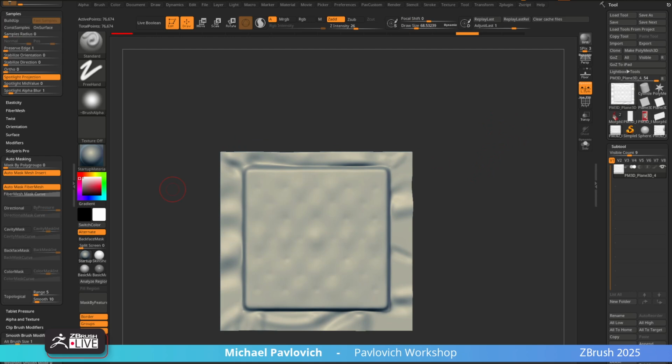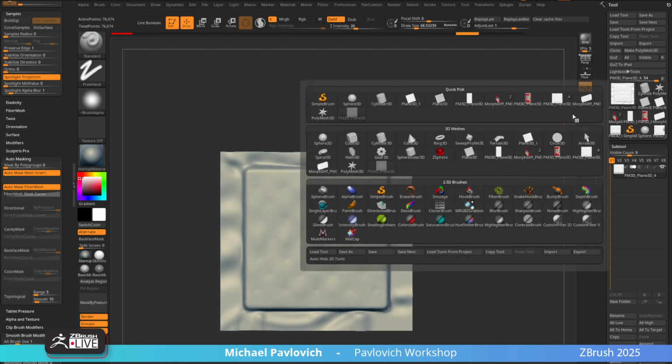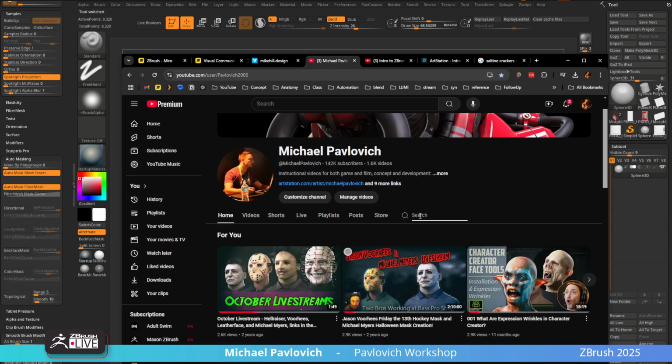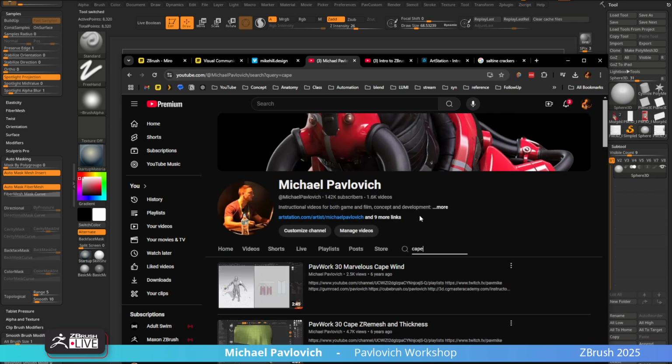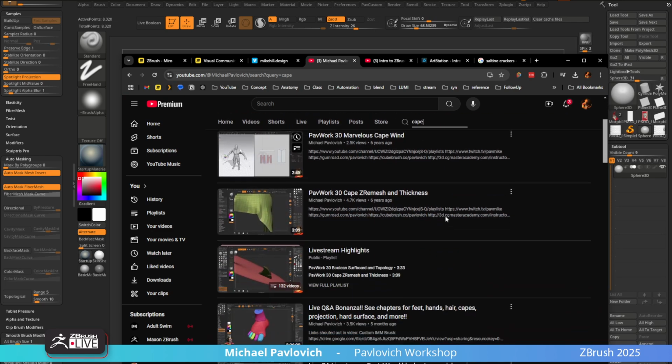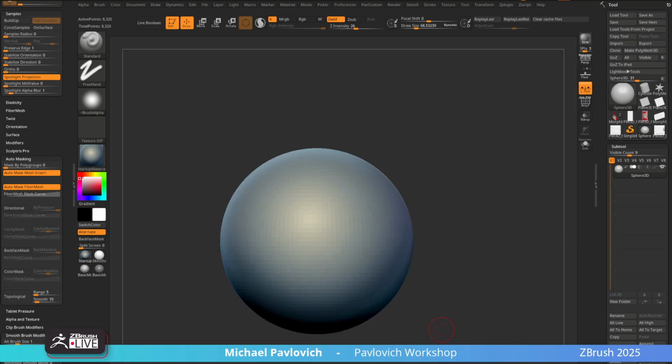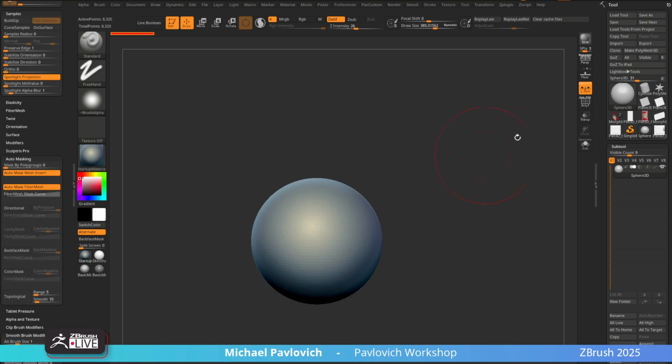Any tips and videos on sculpting cape-like garments without applying any thickness? When I try to do it, the mesh deforms too much. Yeah, so you know what, let me see, do I have one? Let me see. Cape ZRemesh and thickness. Gosh, I don't have anything really great, but essentially if you just want a nice dynamic cape shape,